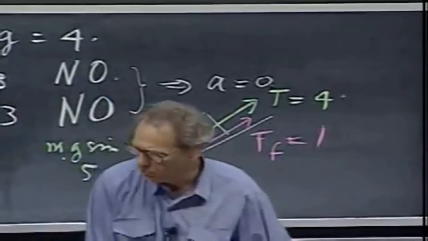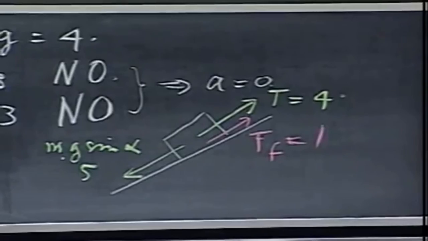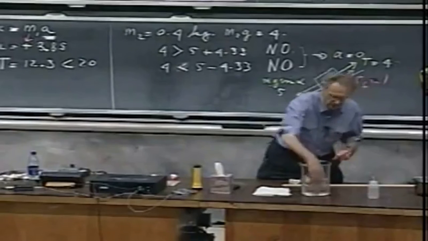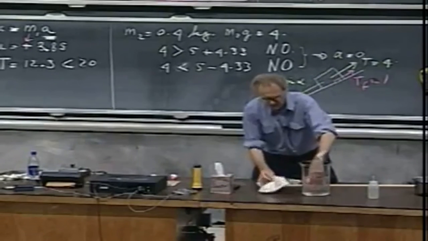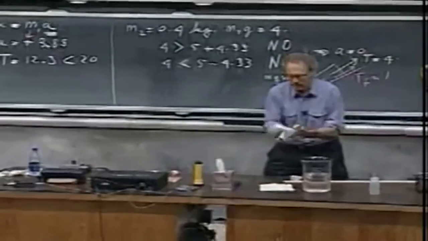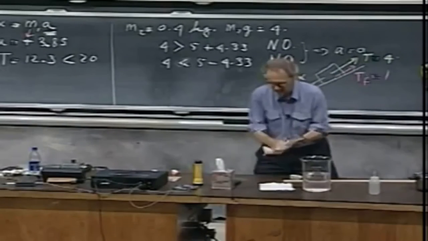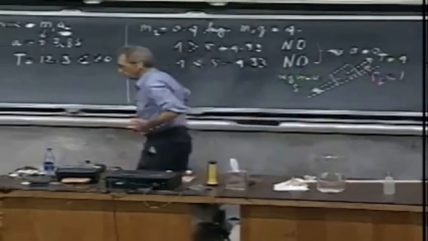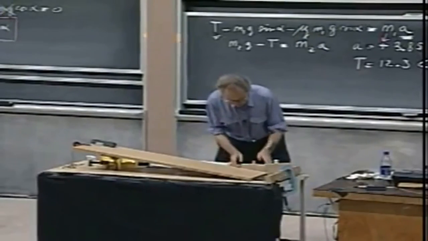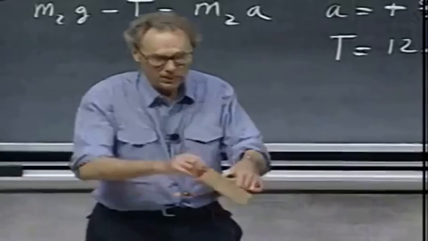All right, I now would like to do a few demonstrations whereby I want you to calculate the friction coefficients for me. We're going to put a particular object on that incline, and I'm first going to raise the angle until it breaks loose. So you should be able to calculate what the friction coefficient is using the equation tangent alpha equals mu s. And the object that I use for that is this box. In this box is a little weight that's not very important. It makes the whole thing